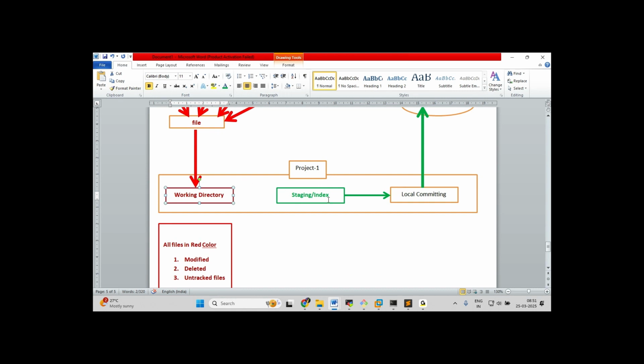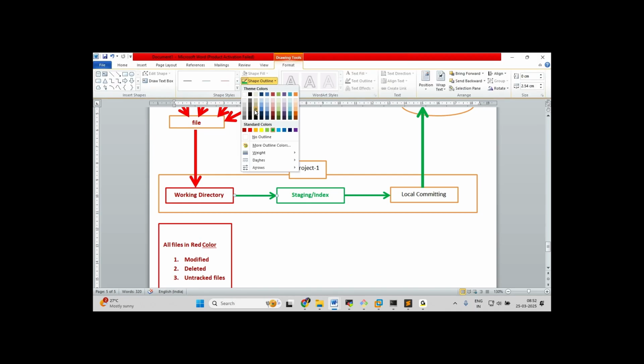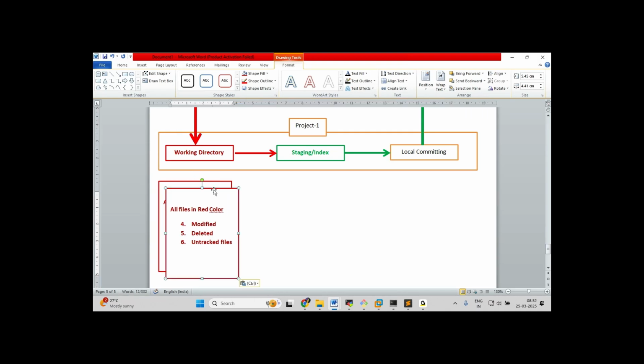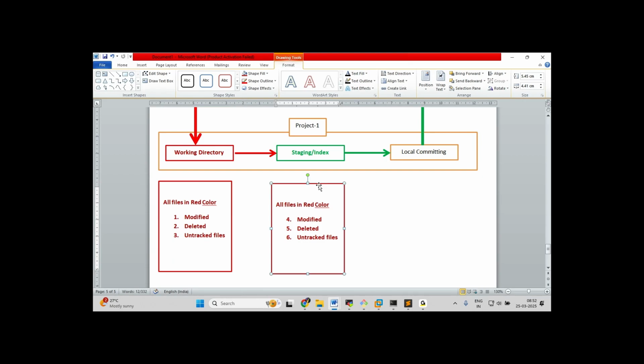Before trying to apply the command to commit the files into local, we need to apply the command to add the files from the local working directory to staging. We need to place the files from the working directory to staging. So how can we see this one? Yes, this one we can see